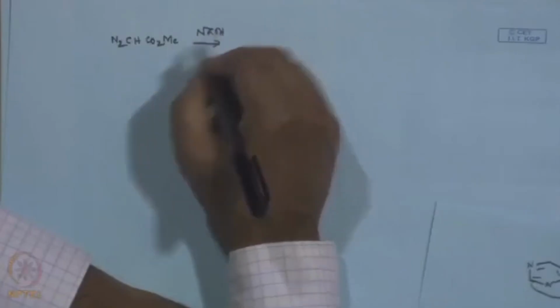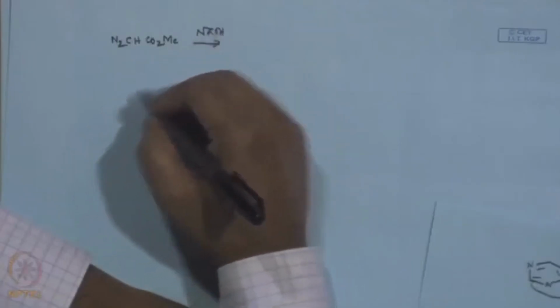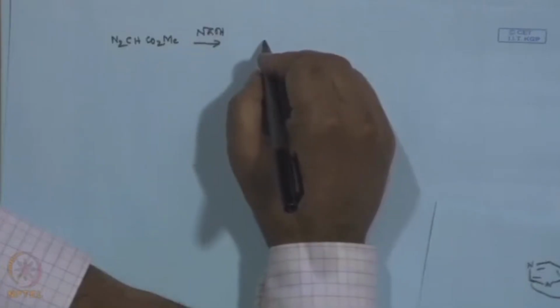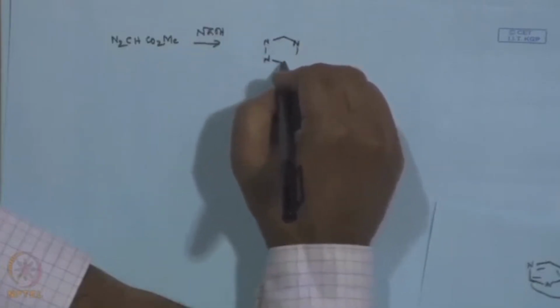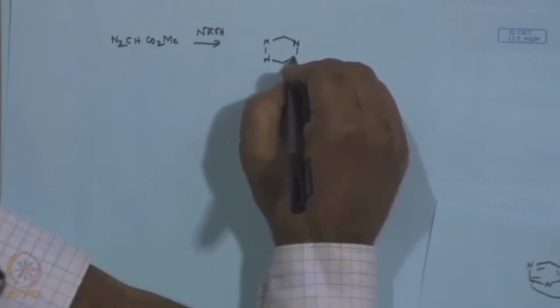So, methyl ester of glycine and sodium nitrite, diazotization. In all other cases, diazo compounds are unstable, but if you have an electron withdrawing group or conjugated system, this diazo is stable. And then if you just warm with sodium hydroxide, what will you get? You will get this tetrazine,